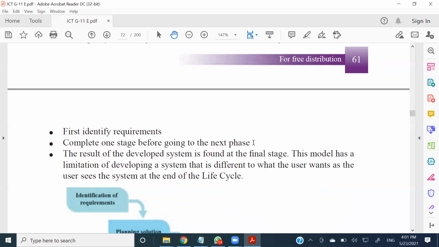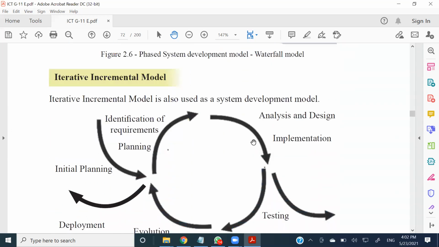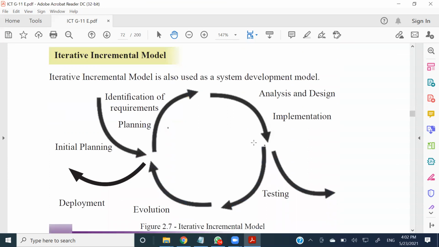Because of these limitations, as I told you previously, it's good only for projects which can specify their requirements concretely, right? And when it comes to the iterative incremental model,